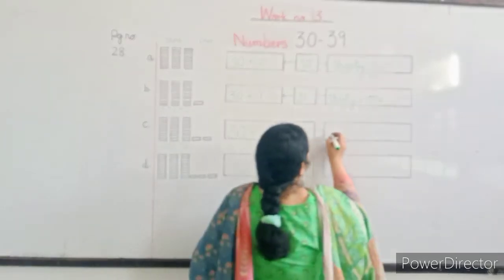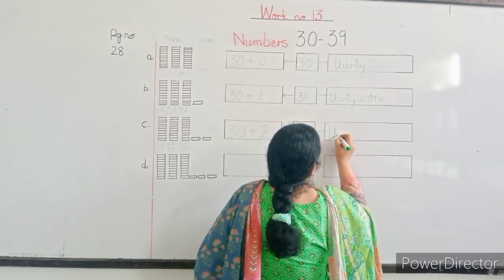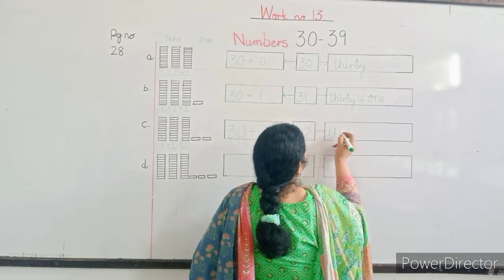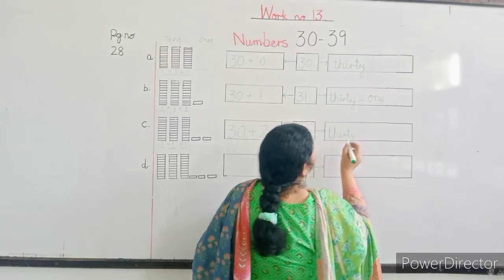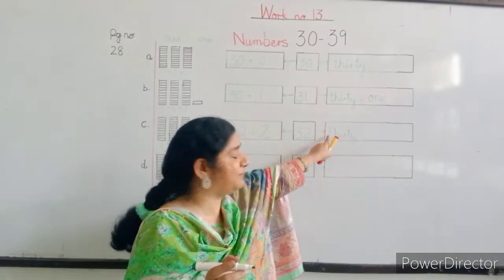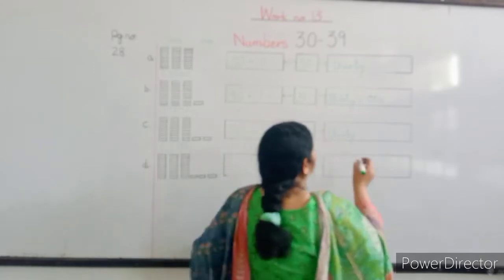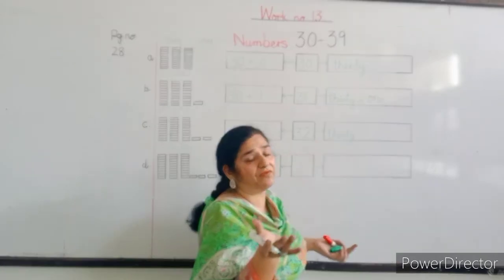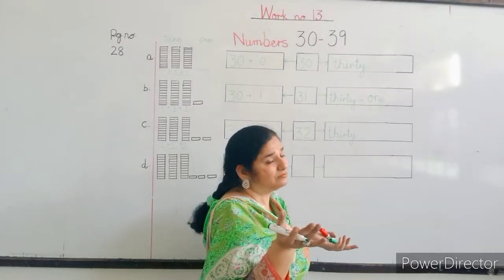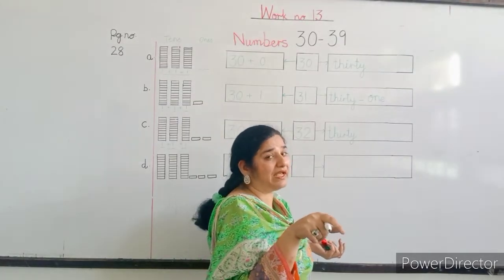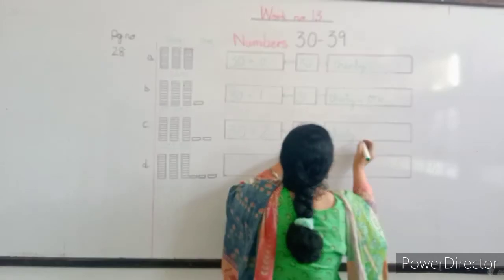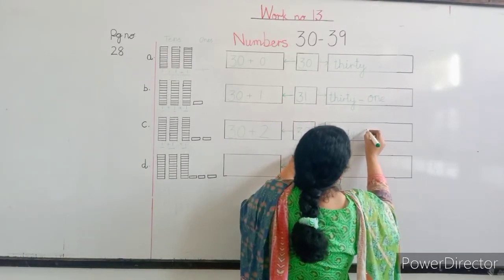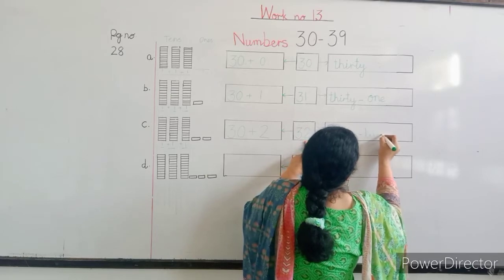And here we will write it like this. THIR, 30. Start from here. Don't forget to start from the first letter. Okay, remember. 30. What will happen if we do not make the dash? No, we have to make the dash because 2 is separate. Okay, 2 is a separate number. 32.